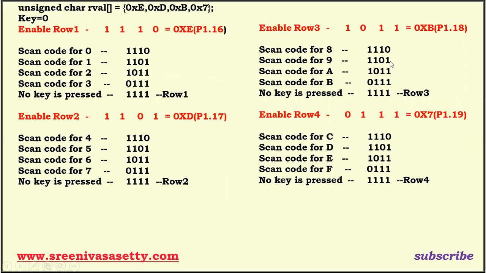In the same manner, 8 plus 1, 9. 8 plus 2, 10. 8 plus 3, 11. That is 11, which is nothing but B. Suppose no key is pressed in the third row also. Then 4 ones, 4 ones, 4 ones, therefore 12 ones. So what is the content of key? That is C. C is nothing but 12. 12 in decimal equals C in hexadecimal. Now enable the fourth row. Assume no key is pressed in the third row also. Enable the fourth row. If you try to press key number C, you will get this scan code.